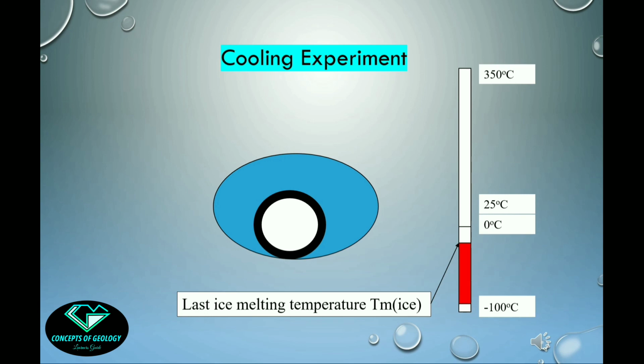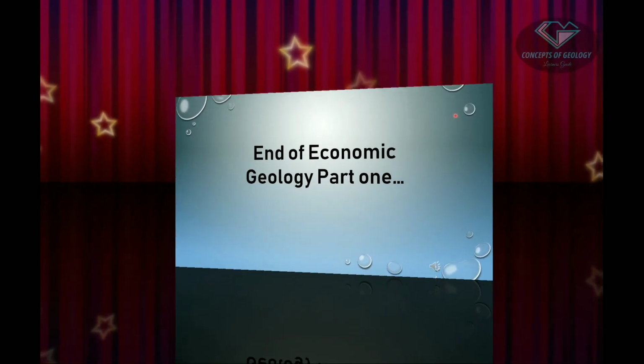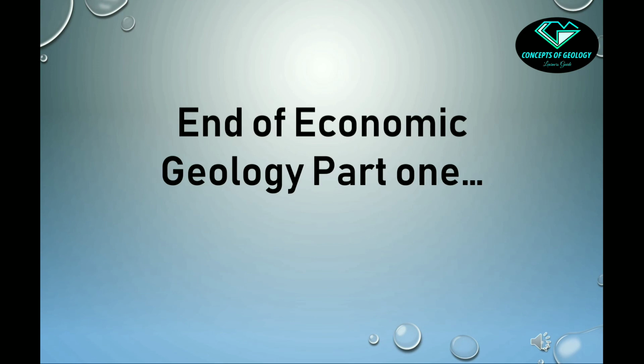After that, when the NaCl equivalent salinity will be known, then we can do the geothermometry by using the standard set of graphs, just like we had done for the example of pure water or the NaCl solution earlier. This is an example of the standard graph I was talking about. Okay, here with the help of the ice melting temperature, we can estimate NaCl equivalent salinity. Okay, so these were the 4 steps of the geothermometry: first heating experiment, then cooling experiment, then choosing of standard graphs, and at the last application of the pressure correction. Okay, so by this we have reached to the end of the fluid inclusion geothermometric study.